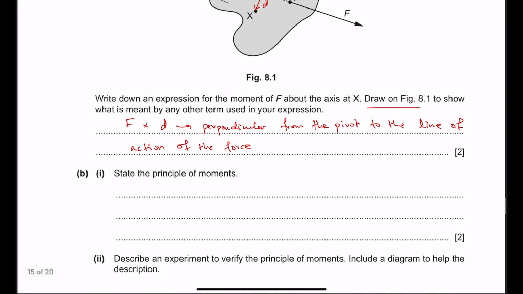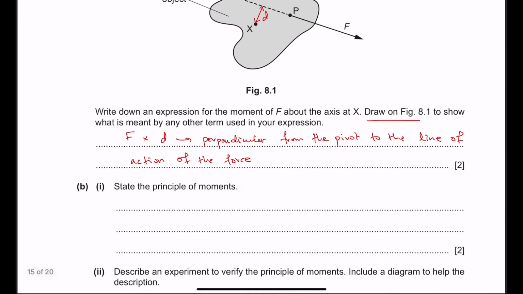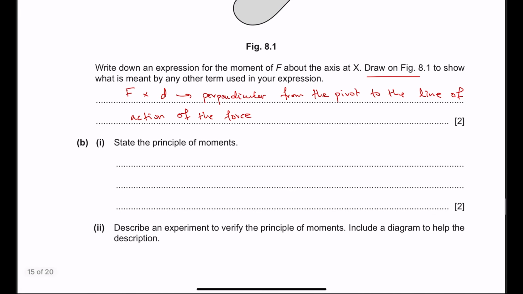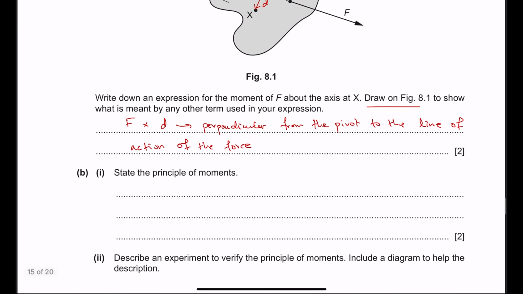Alright, state the principle of moments. So principle of moments applies to objects that are in equilibrium, objects that are balanced. And the thing with those objects is that if they are balanced, then the clockwise moments and the anti-clockwise moments are equal to each other. So the principle of moments is